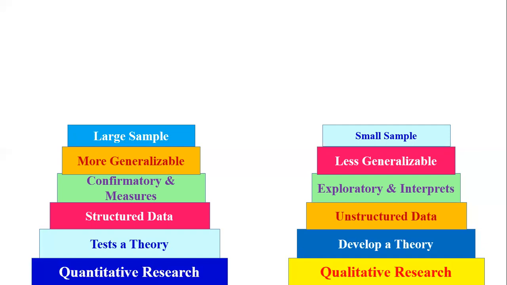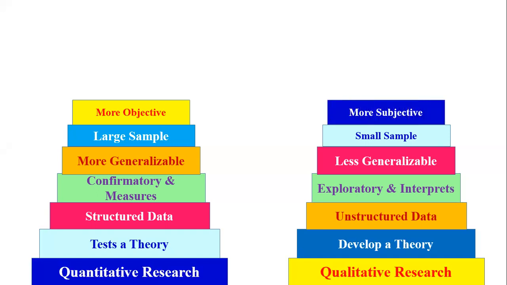So qualitative research has a small sample, less generalizable result, and it is more objective because it comes to the point, it goes for narrowness, right? It goes for the exact crux of that study, right? But qualitative research is more subjective because we cannot justify the statement, we cannot justify the text, the custom, the norms, right? But we can justify the numbers, right?